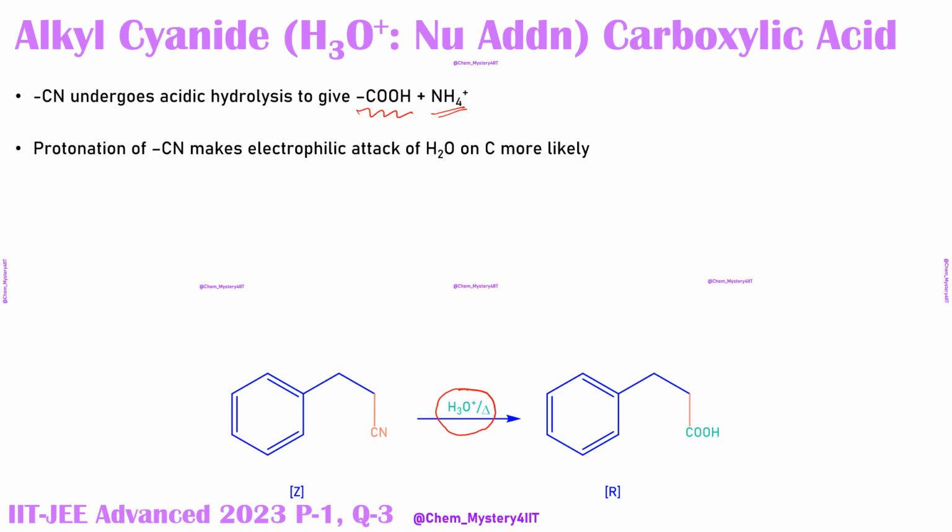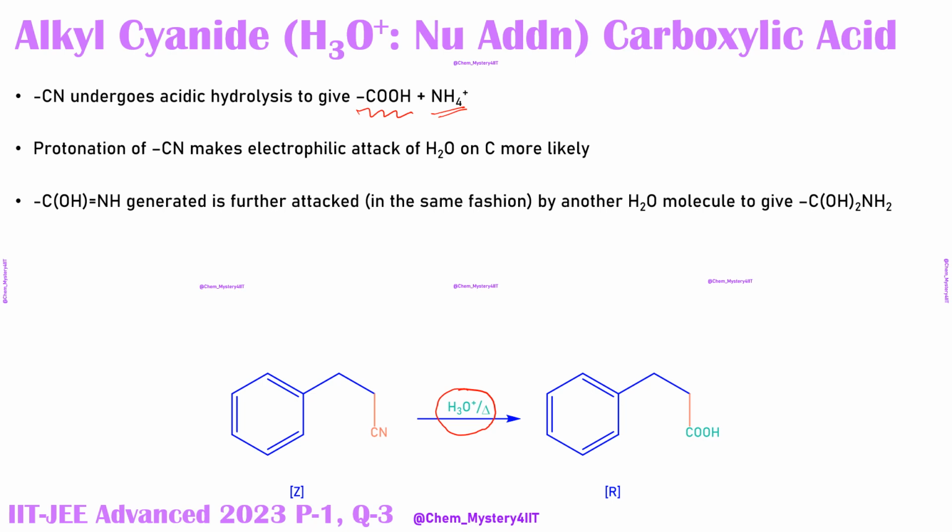This discussion of the protonation of the nitrogen, attack of water, and then the subsequent attack we have seen already. So once again, if you want to see this, it's C triple bond N. This is protonated nitrogen, water attacking over here, this bond being broken. So we are getting C(OH)=NH. Again, same thing happens, nitrogen gets protonated like this, and then again water molecule attacks like this, bond again being broken. So we are getting something like this, what we have written over here.